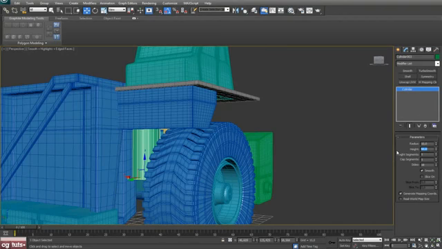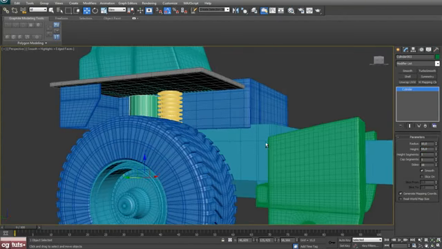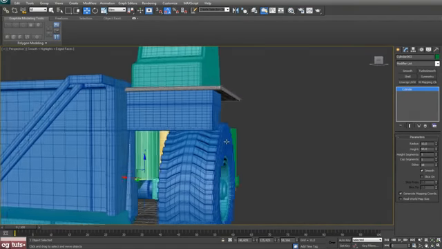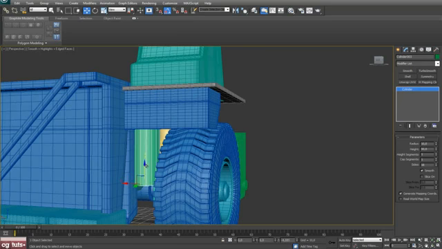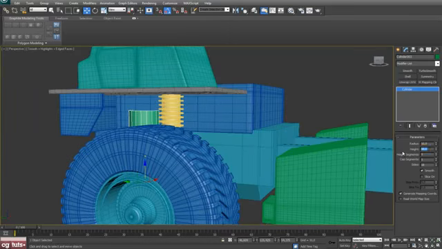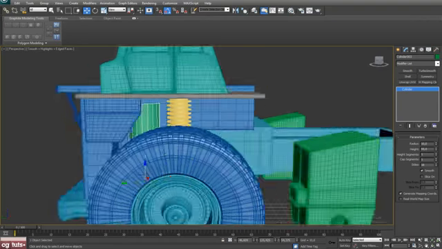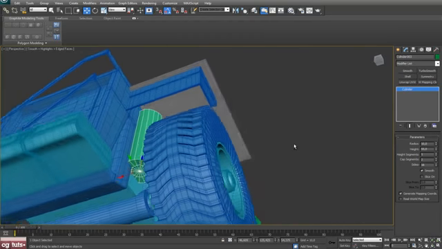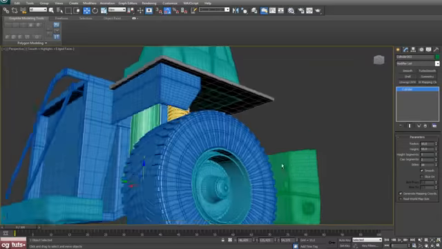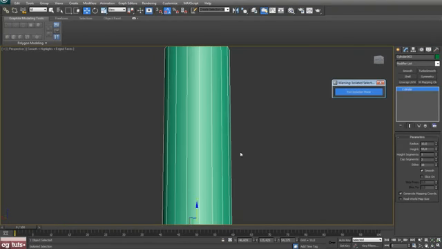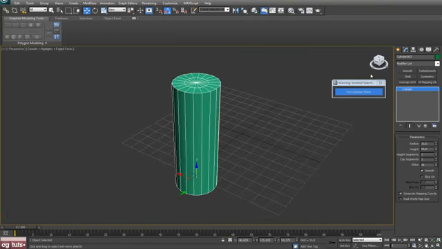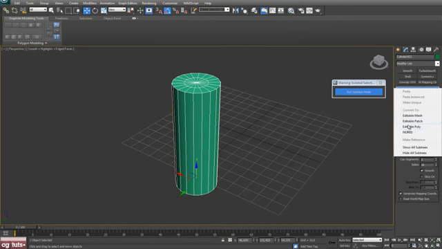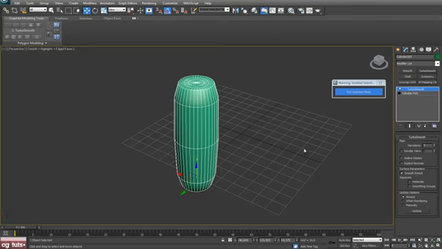And let's turn down height to 55 with 50. Okay, and let's push that down a bit. Okay, 55. Okay, and let's make one cap segment. Okay, and Alt Q. Okay, and convert that to editable poly and apply TurboSmooth. Okay, and